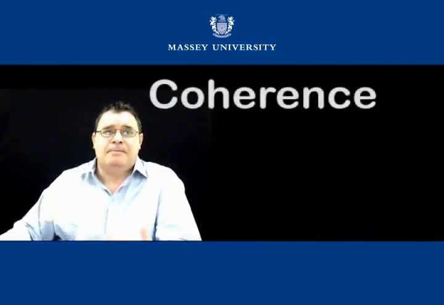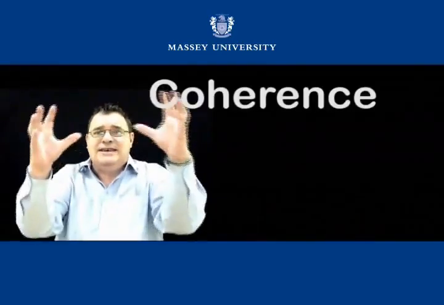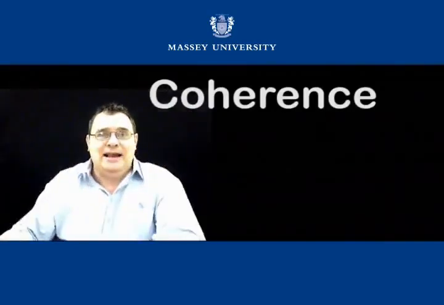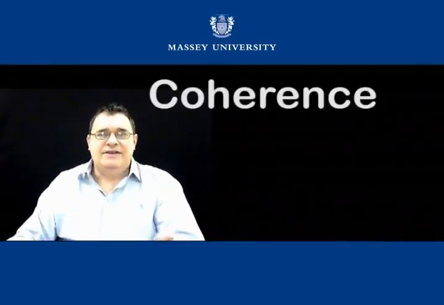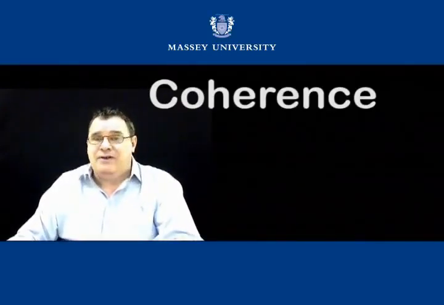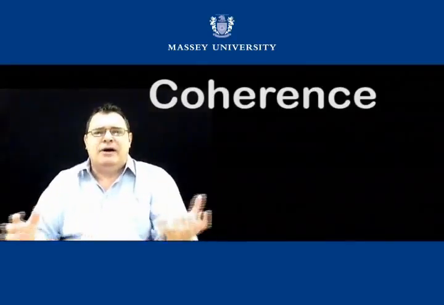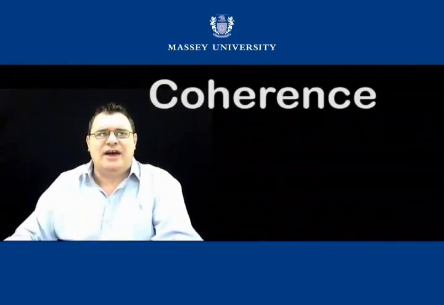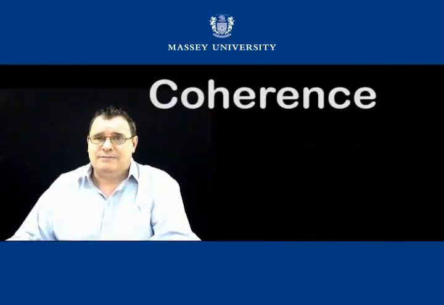Right, let's move on to the second quality of a successful paragraph that I mentioned. That is coherence. Let's take a closer look at this. Coherence deals with how all those sentences in the paragraph are clearly related to each other. A paragraph is coherent if the details in all the sentences fit together in a way that the reader can easily follow what you are saying. I'm sure you've read a paragraph in a book and wondered what the author is trying to say. When this happens, there's usually a problem with the coherence of the paragraph.